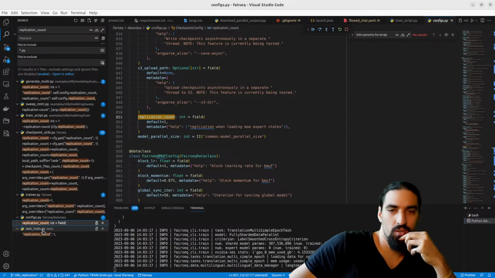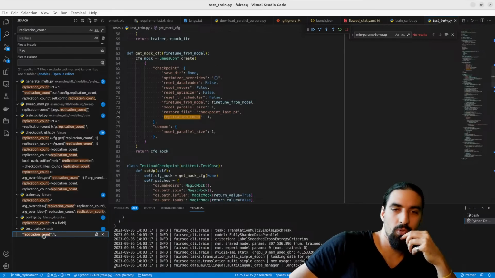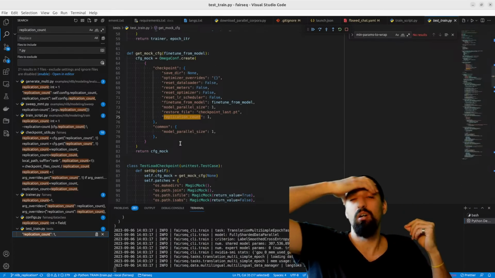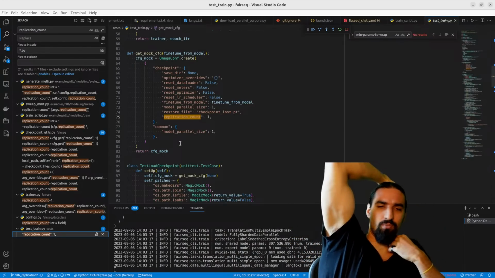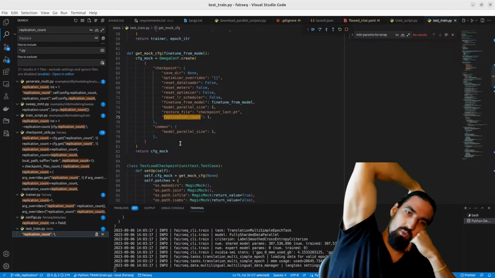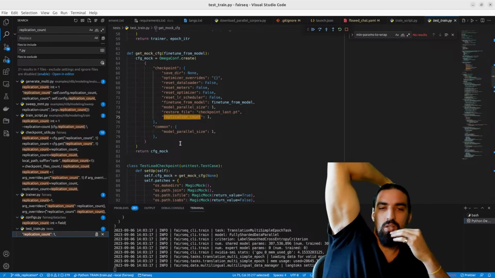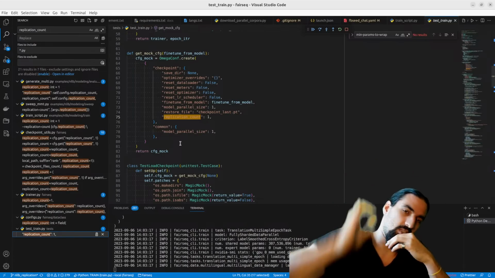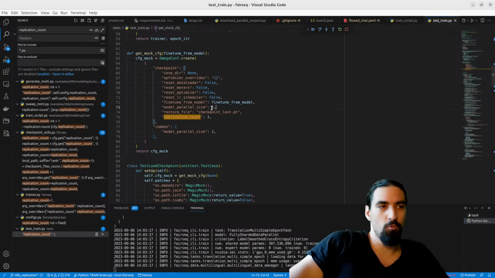Aha. Replication when loading mixture of expert states. This is probably only relevant for mixture of expert models, potentially. But then why don't you just put a prefix like MOE so that I know this is only mixture of expert specific? That's why I'm still thinking it might not be specific to mixture of experts.